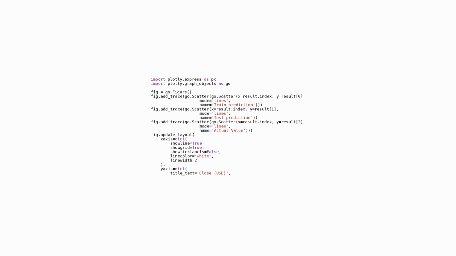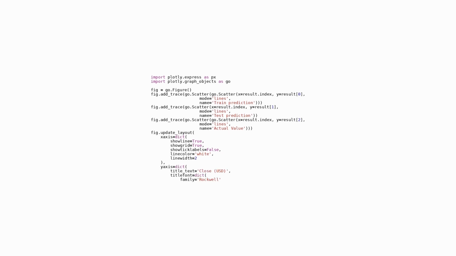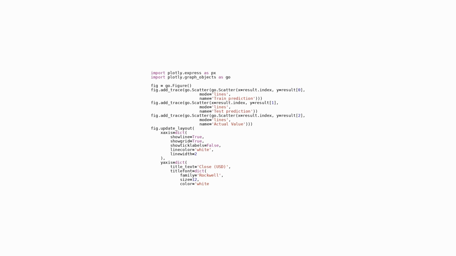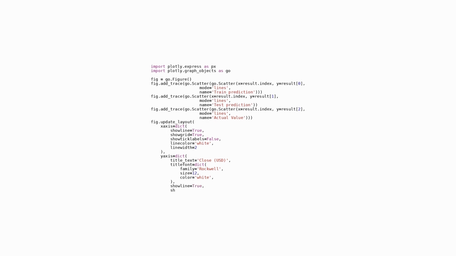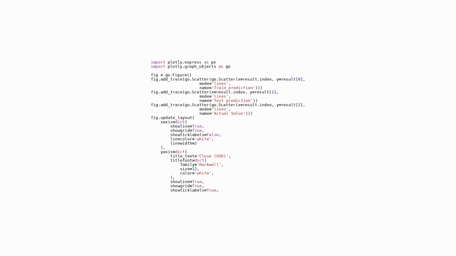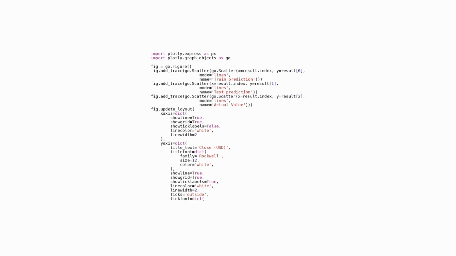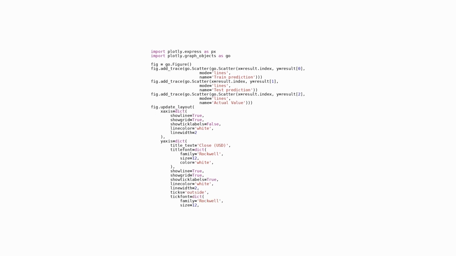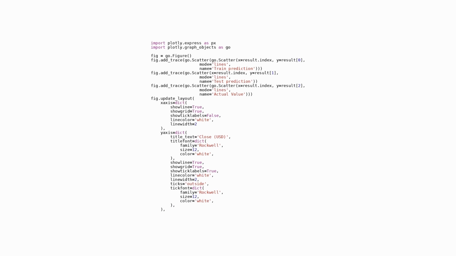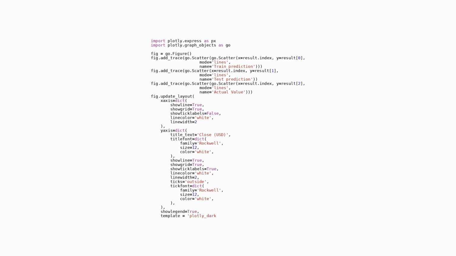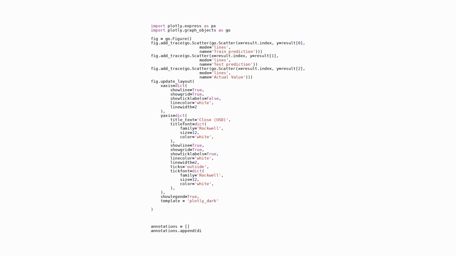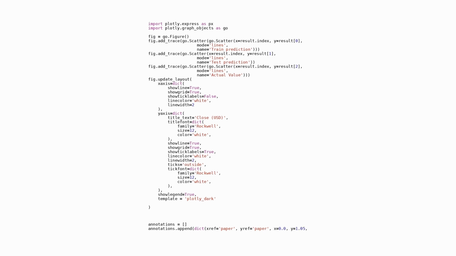Adjusting properties like axis settings, grid line visibility, and switching to a sleek dark color palette. 5. Annotations, such as the title Amazon stock prediction in a specific font and color, or integrated into the plot. 6. As a final touch, the interactive plot is presented via fig.show. This code is valuable for producing engaging and dynamic data visualizations that aid in scrutinizing and understanding stock price